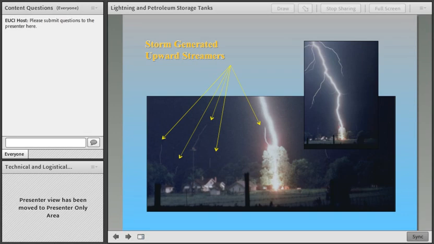This is a rare photograph of upward streamers. As you can see here, there were several upward streamers generated by the downward leader. However, the one coming out of the middle of the tree succeeded in capturing the downward leader. And once the leader and streamer connect, then we have the visible lightning strike and all of the resulting secondary effects. As you can see, the upward streamers coming out of this tower and coming out of some of these other trees failed to connect with a downward leader, whereas the leader coming from the middle of the tree successfully captured the lightning strike.